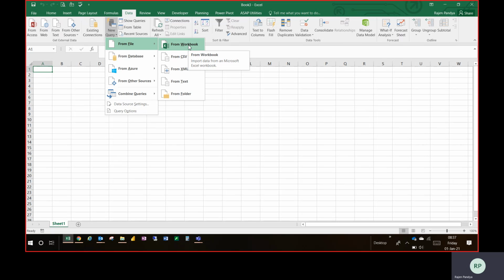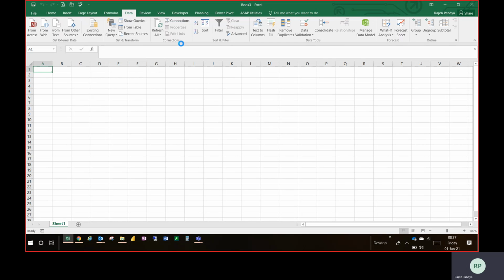I'm not going to make any kind of modification in the source file. Whatever I am doing, it is going to be done in another file by using that source file as input for my work. So we will go to data, new query, from file, from workbook, and you can see that